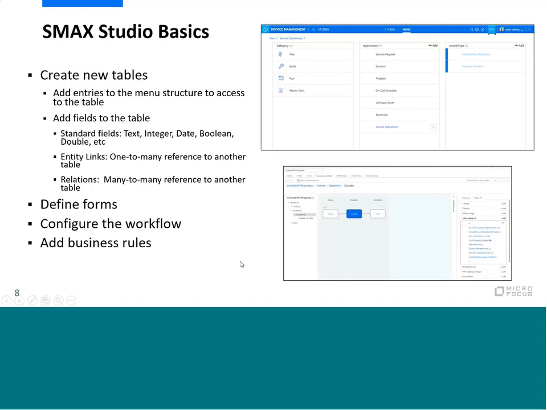Define your forms, and then configure the workflow, and obviously add the business rules to that workflow as you had before. One of the key things to note when you're building out that workflow is you can only define the metaphases once. So as part of that process of creating it, you need to think about how you're building out that record type and the workflow for that record type,